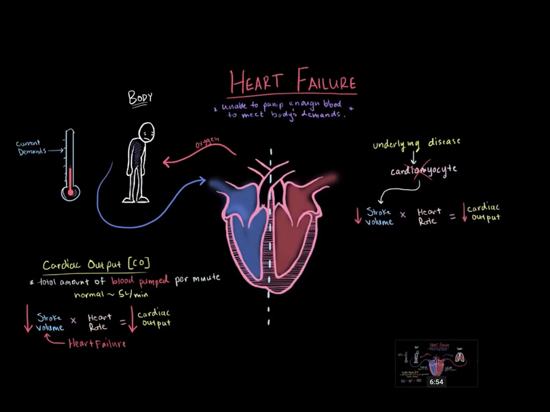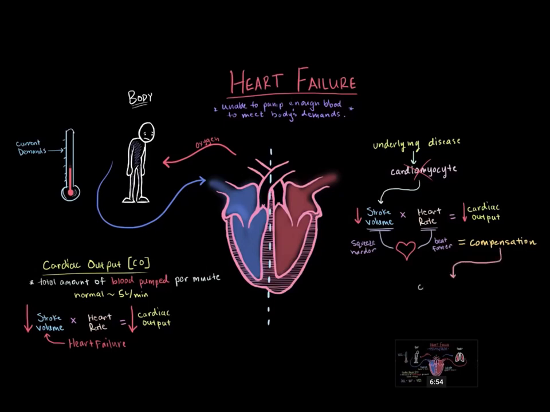And when the cardiac output goes down, the heart has two options to increase it again, based on our equation, that's stroke volume and heart rate. And your heart actually does that, and this is called compensation. So your heart compensates by either squeezing harder and increasing stroke volume, or beating faster and increasing heart rate. In the early stages of heart failure, these methods can actually help quite a bit in compensating for a decreased